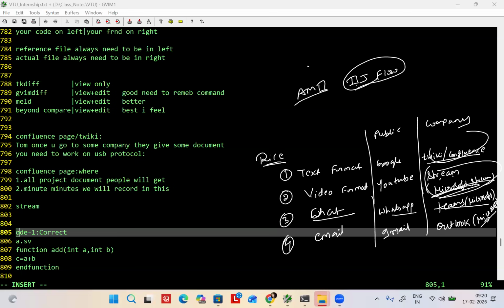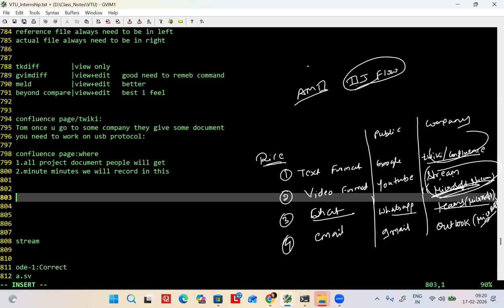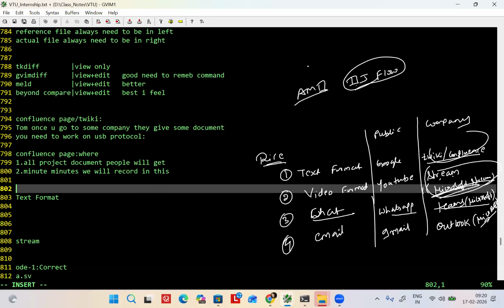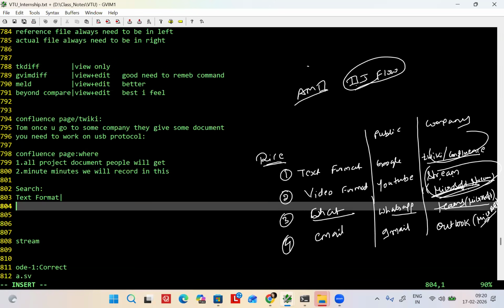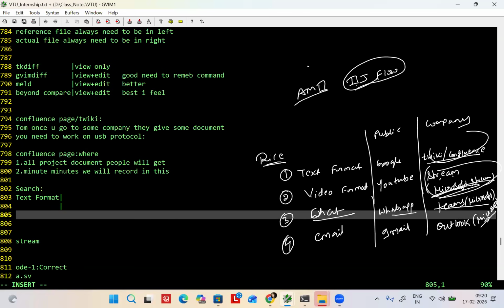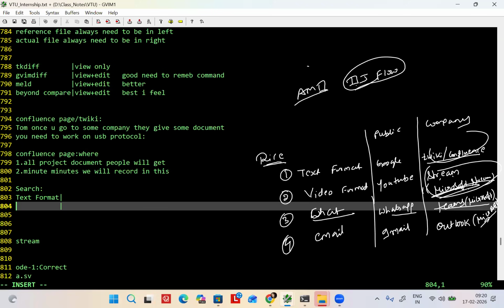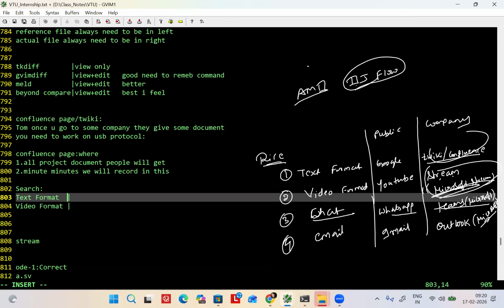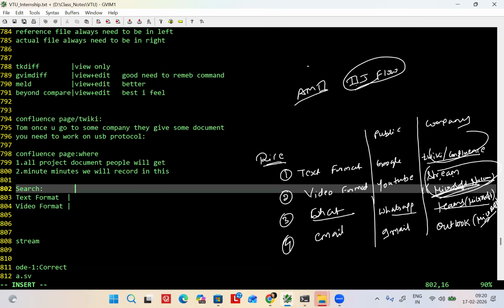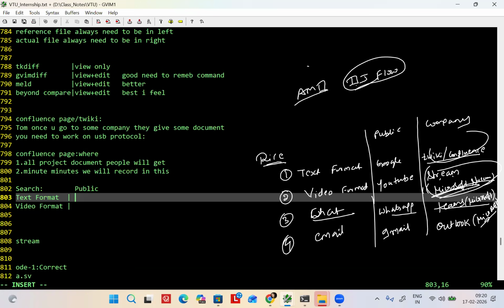You write it below. Text format: search. In public domain text, what? Google you will use.